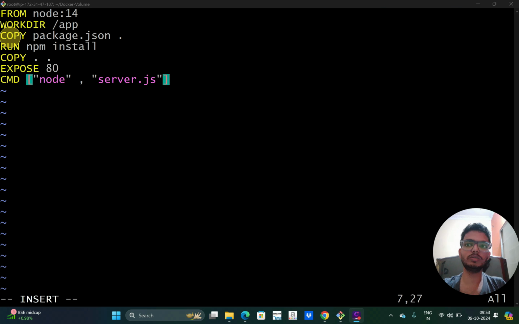Here we have two separate steps to copy the dependencies and copy the source code, because whenever the source code is changed, every time there is no need to install the dependencies. So this will save the image build time, and we know RUN will execute while creating the image and CMD will execute while creating the container. And check out my first video for more explanation of Dockerfile.